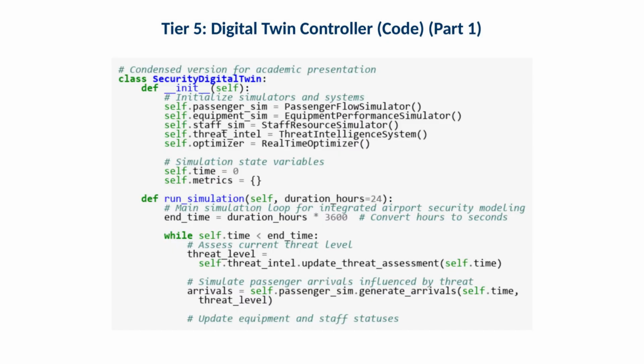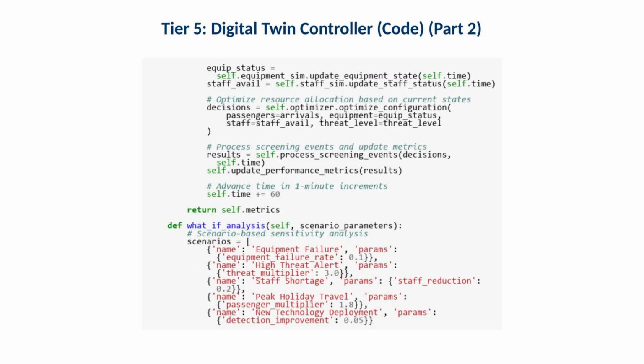This controller code typically defines the core simulation loop, including passenger arrivals, lane assignment, and event handling for screening steps. It also defines how performance metrics are computed, such as average wait time, throughput per hour, and detection accuracy. This part usually integrates equipment models, including calibration drift, failure probabilities, and maintenance events. Operationally, this matters because a small increase in failure rate can dominate your real wait time performance during peak travel